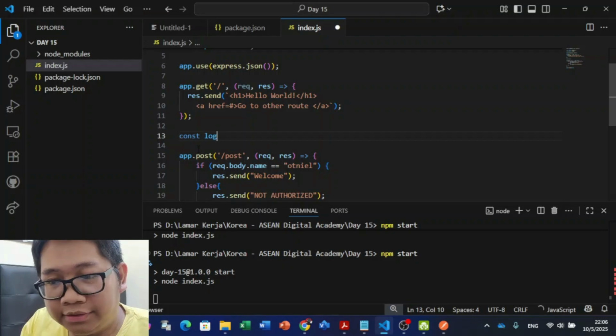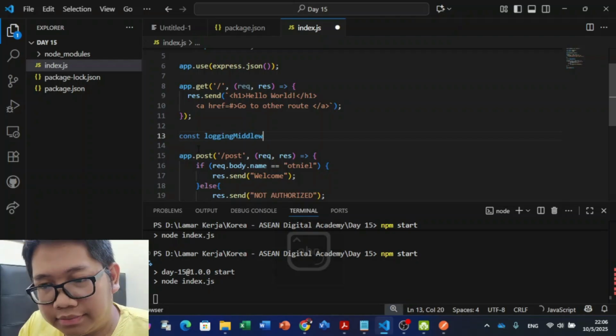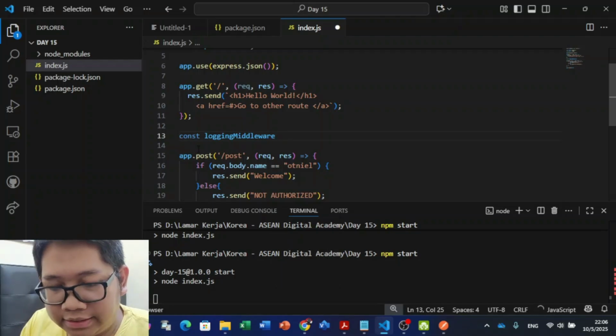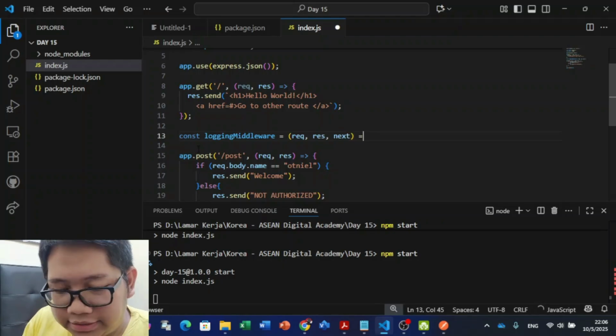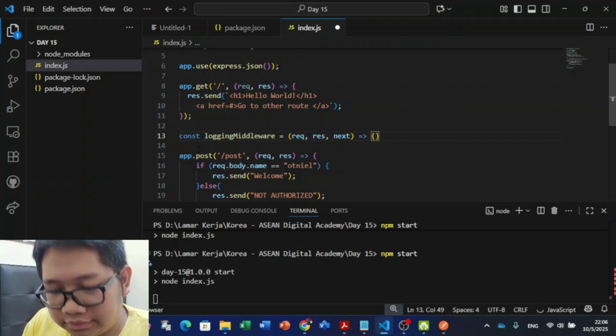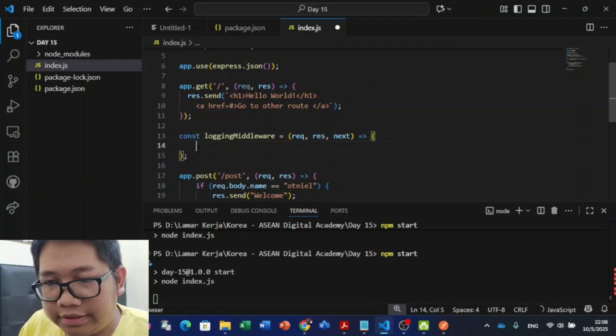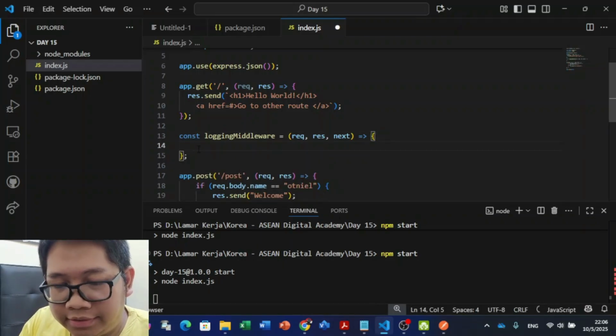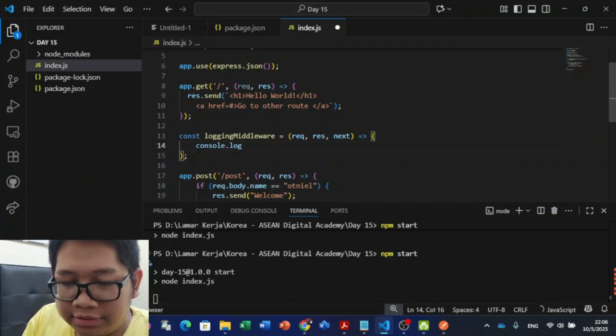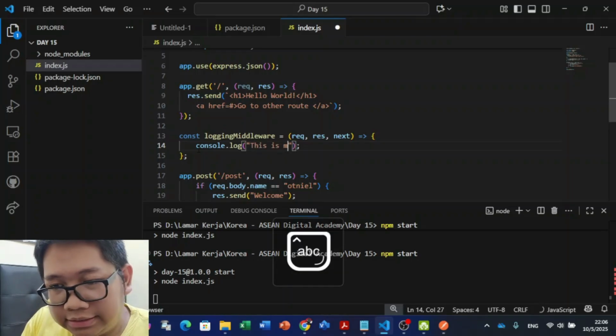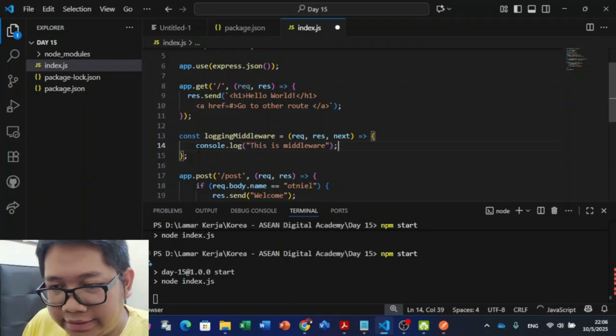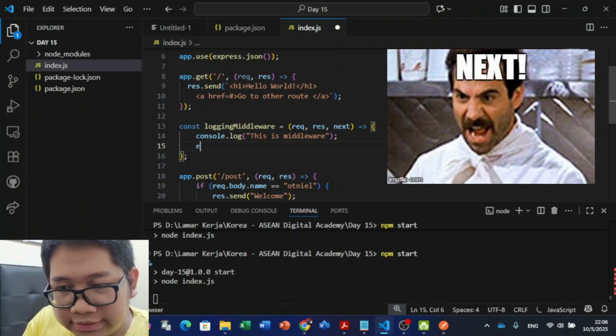We can use a logging middleware name, and middleware has three parameters: request, response, and the next function. To make it easy, we can just log something simple, like "this is middleware", and then don't forget to use next.